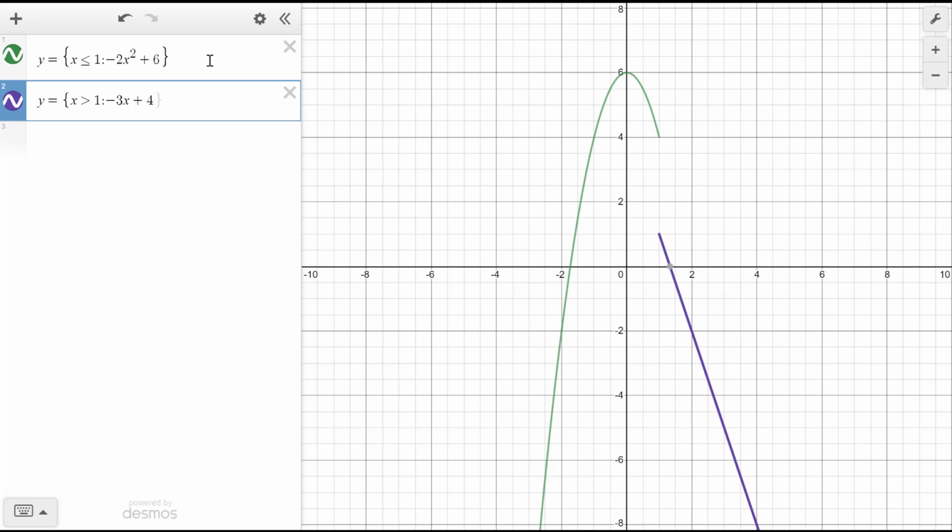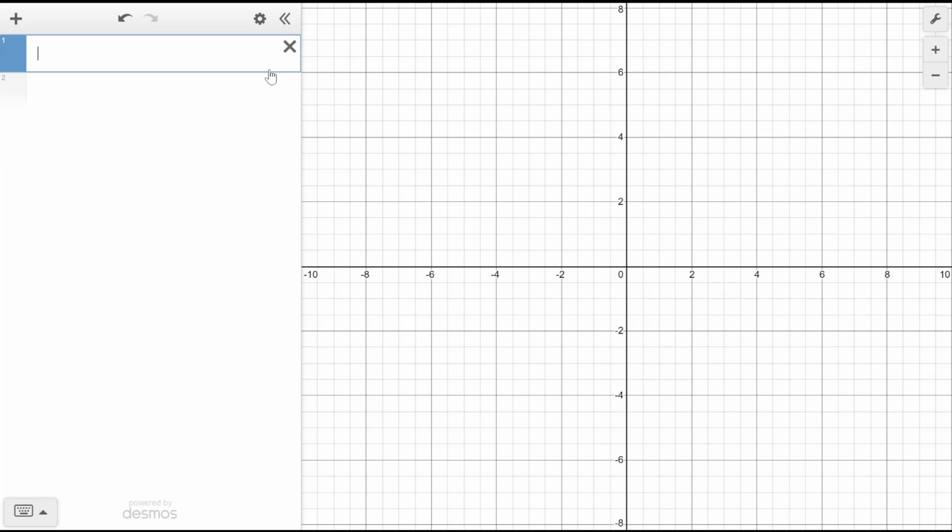For the inequalities, Desmos will do the same thing that our TI Inspire calculators will do in class. It'll even shade. One thing that this has an advantage over our Inspire calculators is that it will show you whether or not the line is supposed to be broken or solid in the case of an inequality. So I'm going to look at example 14 from the notes, and for example 14 we had y is less than